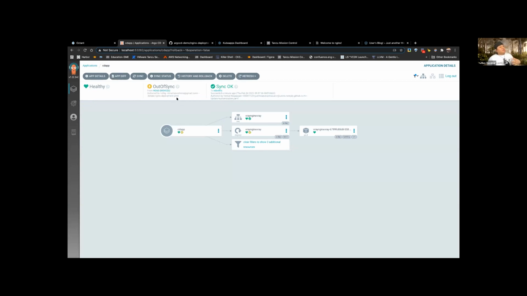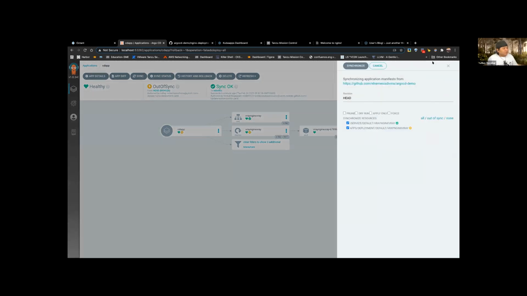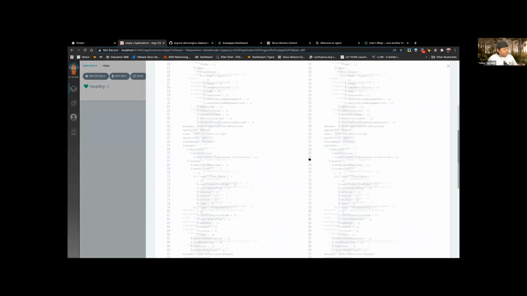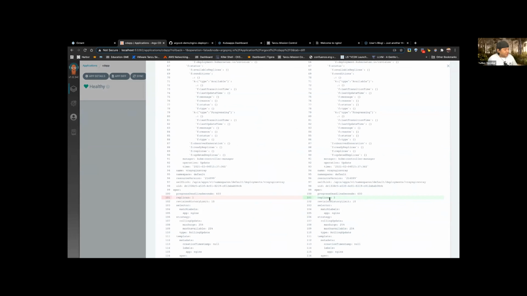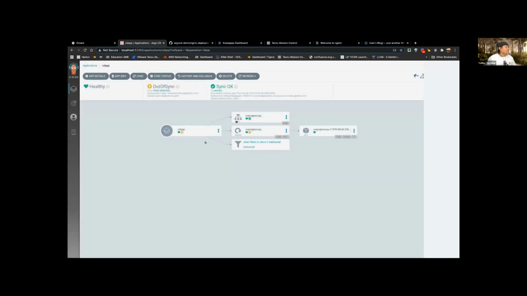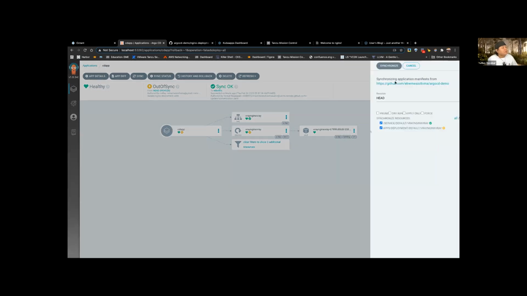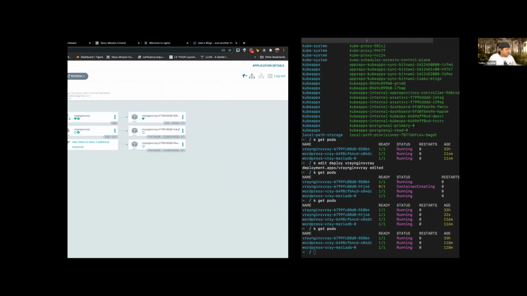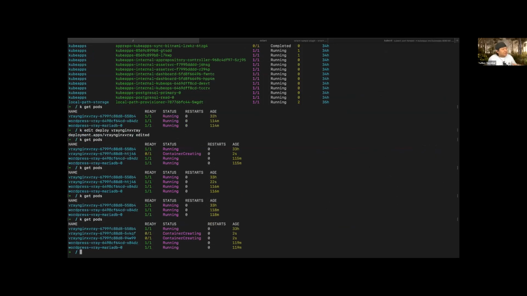You don't have to do all of these clicks. As I mentioned before, it just enables the auto sync, right? So then I could sync here, but probably I want to see what the difference is first, because I'm in paranoid mode and I want to check out what is going on. And then it says, you know what, in the repo you have 3 replicas and your current state is just 1. And then I do a sync, I synchronize everything, I don't care. And then you will see that it will start to create, right? So that's the difference.